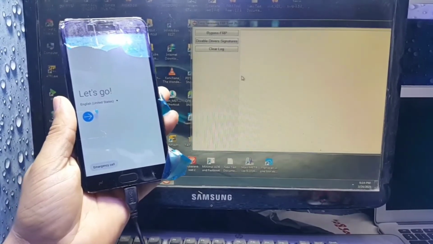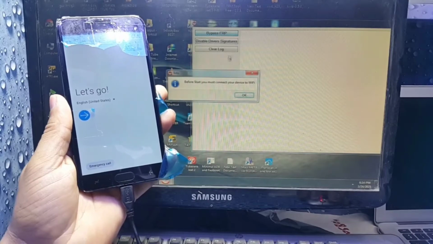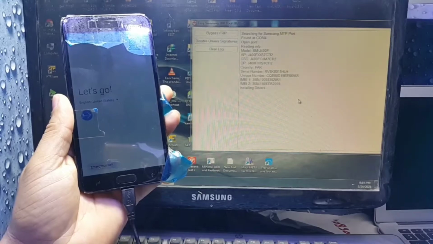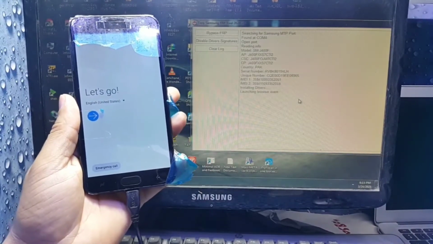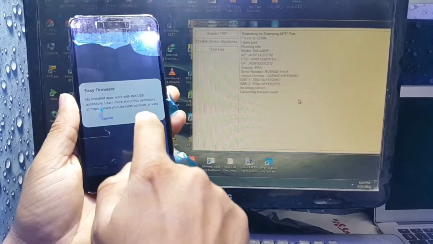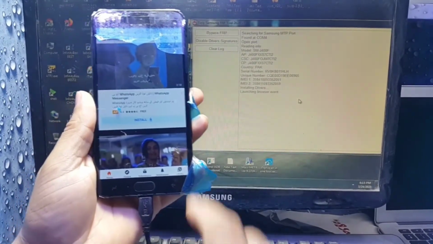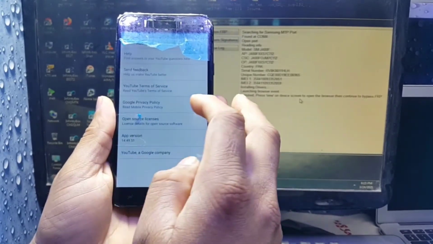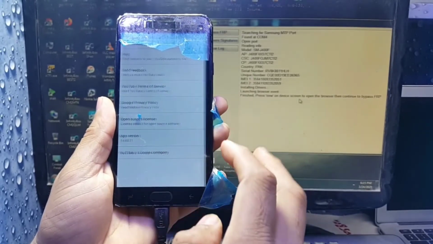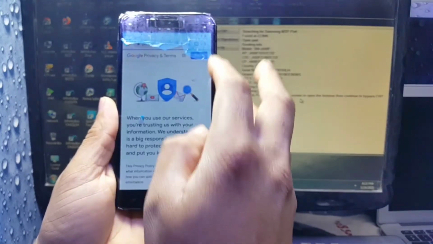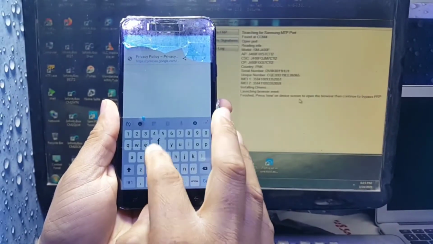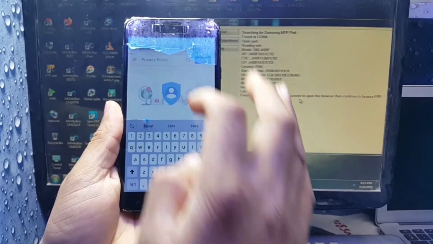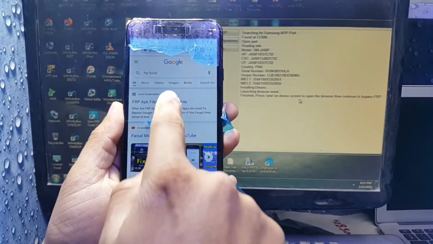As you can see, drivers are installing. Click on bypass FRP. OK, and it will let you go again to YouTube or Google Chrome. Click on view and now click on accounts, settings, about and Google privacy policy, and it will let you go to Google Chrome again. Click again, FRP Faisal from faisalmobile.com. Click here, click the first link